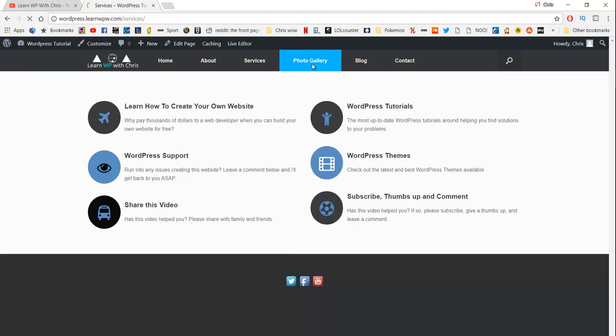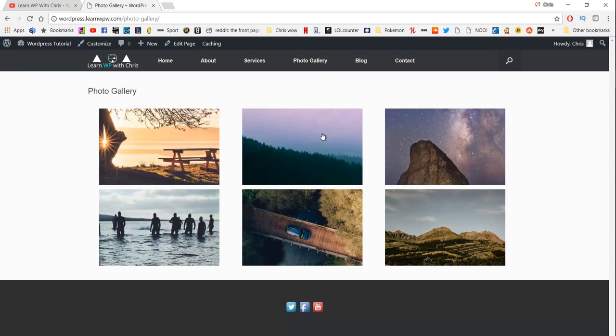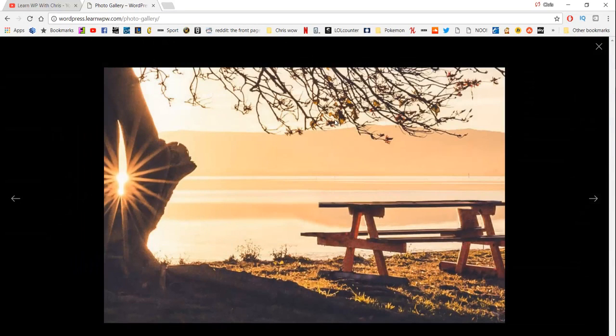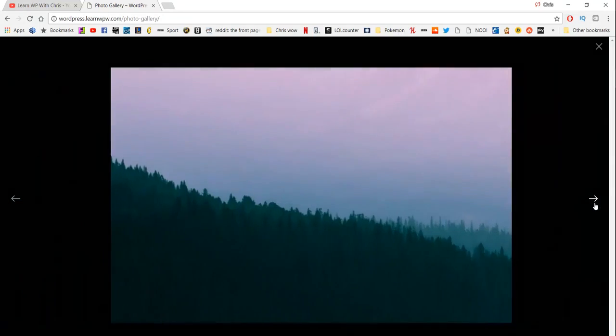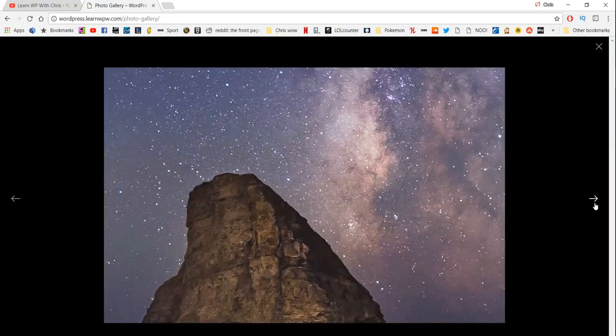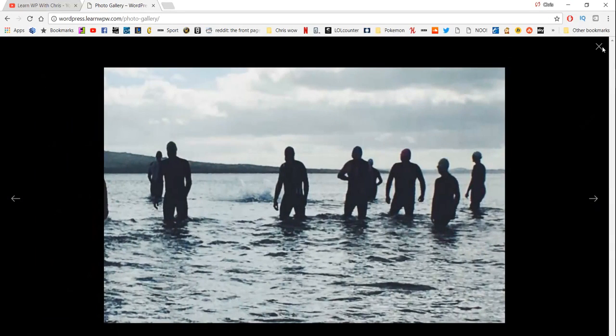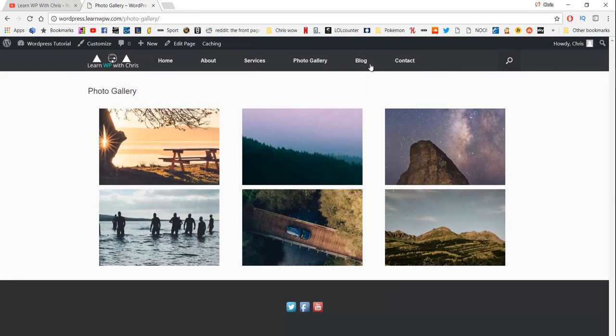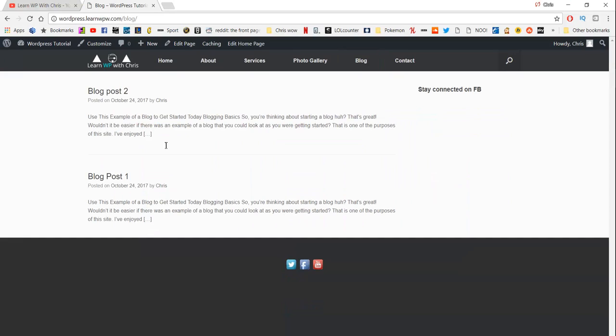I will also show you how to create a photo gallery. This photo gallery here is super responsive. If you click into one, it pulls it out and you can just slide. When you hit these arrow keys here, you can just jump from one image to the other, super responsive without any lag at all. I will also show you how to create a blog page, and with your blog page